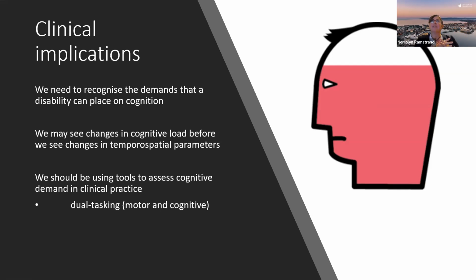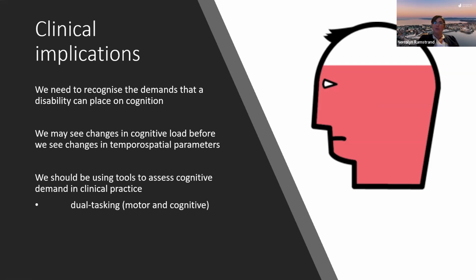What I suspect is that if we are interested in performing a motor activity, if it's gait, for example, and we want to look at the effects of cognitive load, then maybe a motor dual task might be more interesting. If the patient's greatest interest is to be able to walk and talk and look for traffic and these very cognitive things, maybe we do a cognitive dual task. There's also examples where you have one of each, so sort of a blended type of dual task as well. But I think it's a really interesting area that requires some exploration.